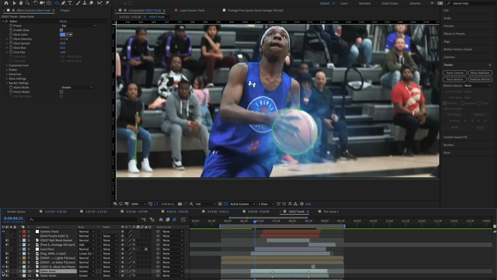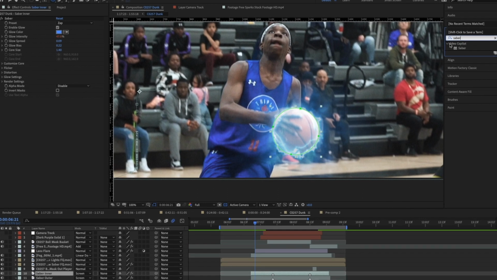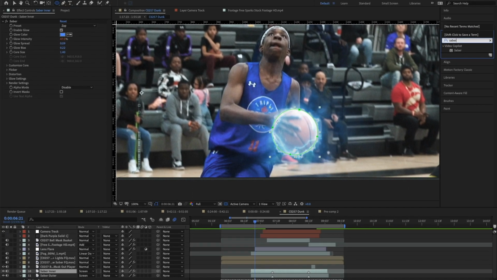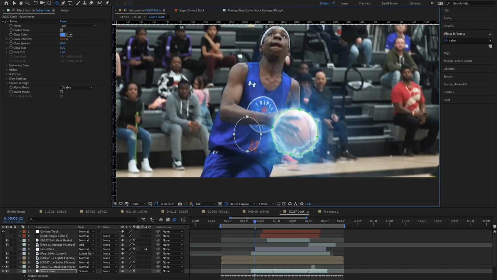So the way I did that is I went into effects and I searched for Saber, which is not native to After Effects, but it's a plugin from Video Copilot, which is really awesome and I highly recommend. So you can go and check out Saber by Video Copilot if you want to make these really easy glow effects and lightning effects. Now you can only apply Saber to a pen tool,